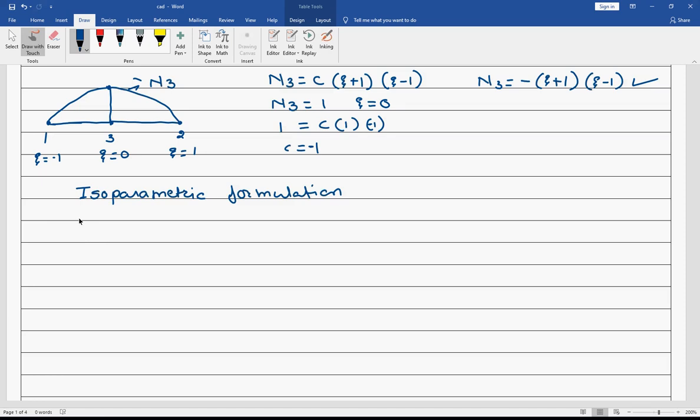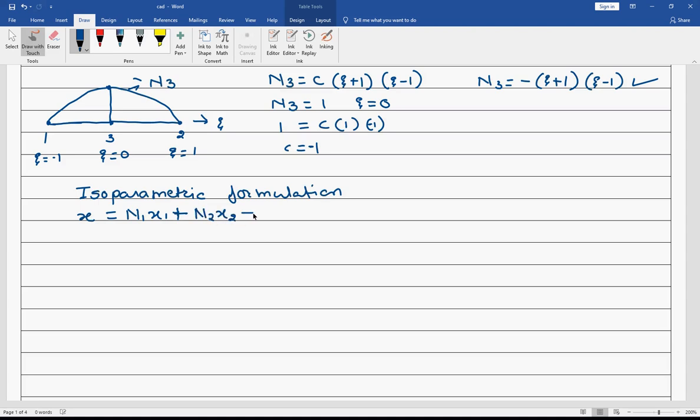So here in this case, x is the coordinate. I am writing in the form of the global coordinate system, whereas this is in the xi coordinate. I'm going to write in the x coordinate and then we are going to map it. So x is equal to N1 x1 plus N2 x2, Lagrange's polynomials L1 y1 plus L2 y2. You have to remember that. Do watch that lecture. It is very important. If you know that, your exam is over. That is what I'm already telling you.